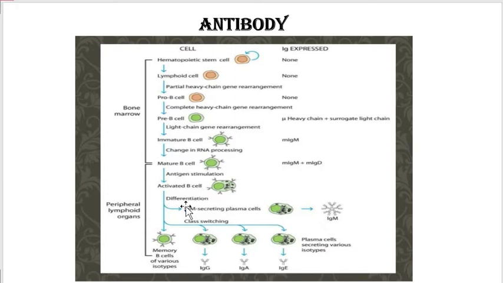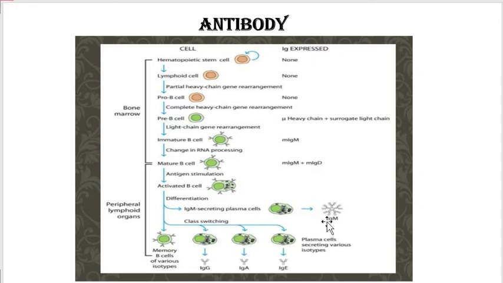And upon antigenic challenge, so an antigen is any external challenging agent that is encountered by the body, like a virus, bacteria, parasite or pathogen, anything which is foreign to the body and against which the immune system reacts. Then this B cell becomes activated and converts into a plasma cell. A plasma cell is actually an antibody secreting cell. So the first antibody which it secretes is IgM.